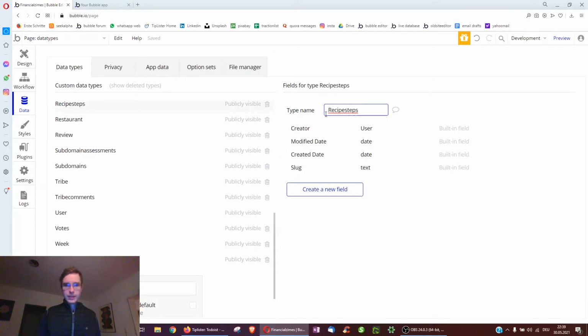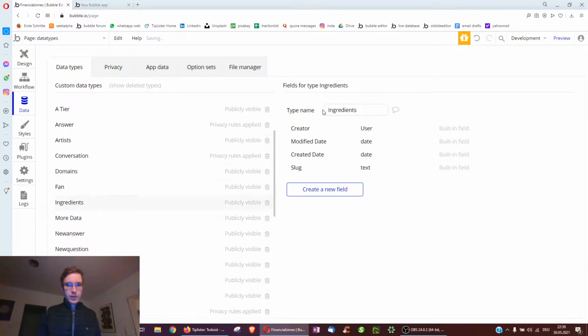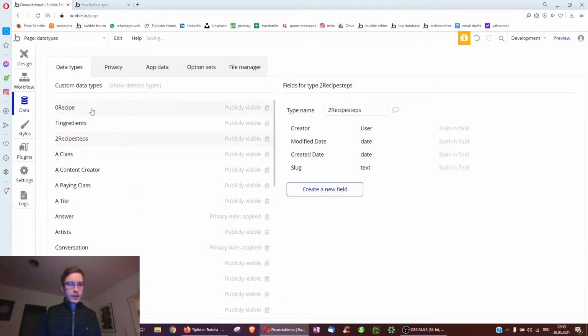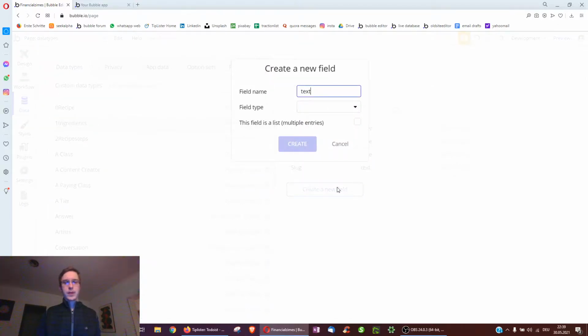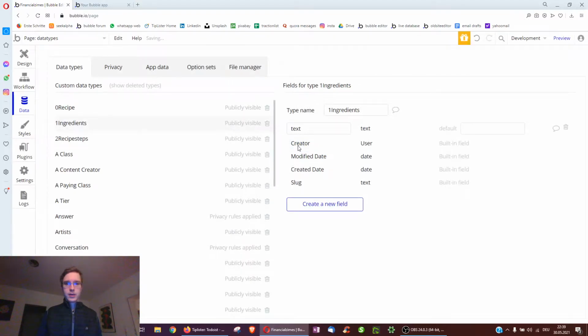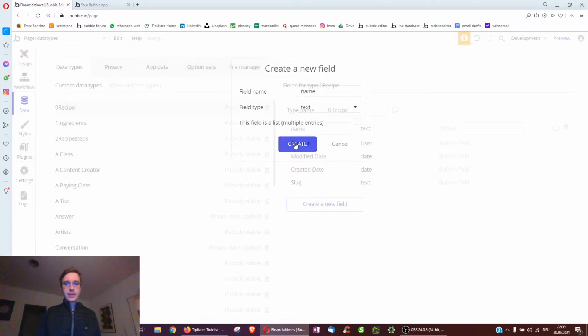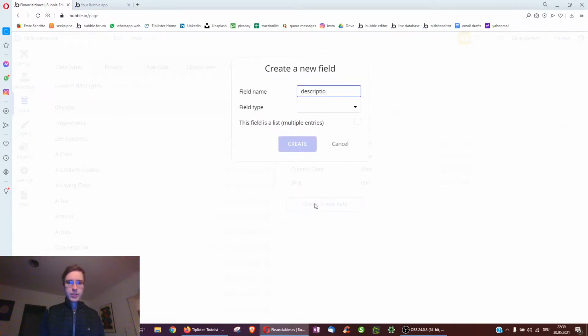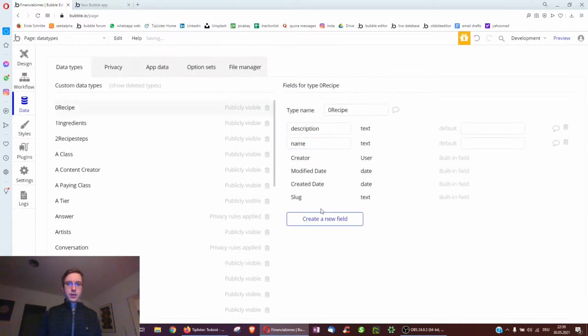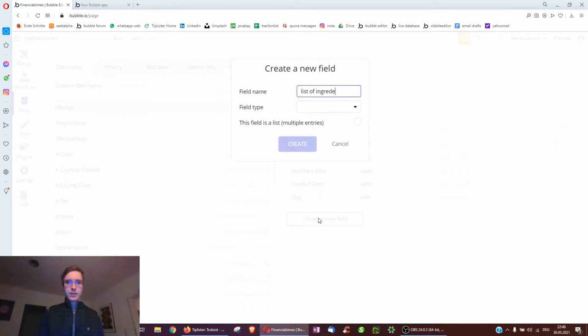And to make them easy to find, we just add some numbers to them, with the benefit that now they're all at the top. So we start with the ingredients. It's a very simple data type. Each ingredient will just have a text related to it. I think we just leave it at that. And then a recipe also has a name, type text, and a description, type text, and a list of ingredients,